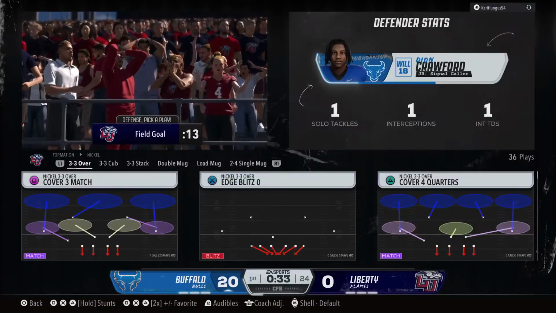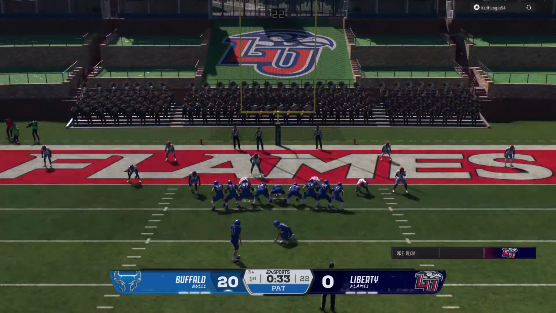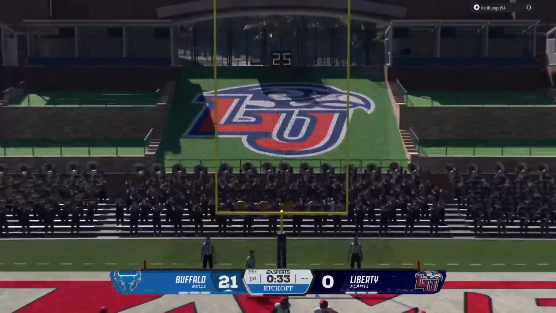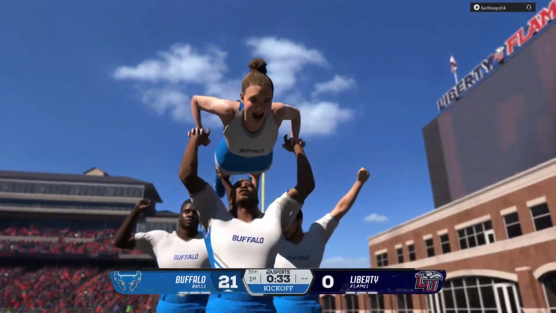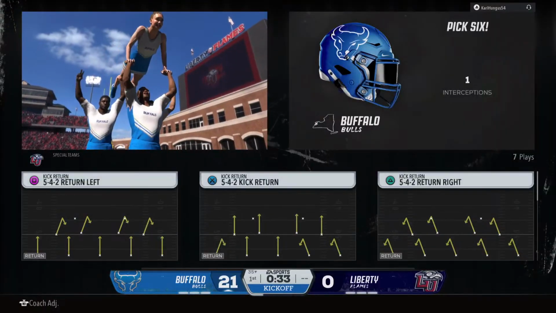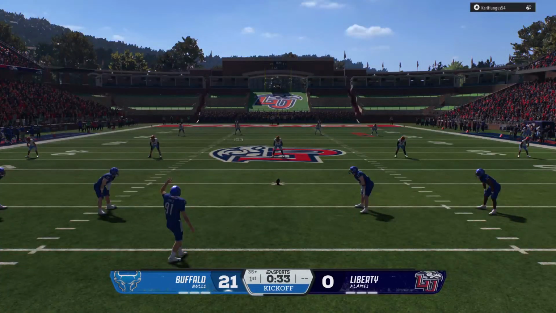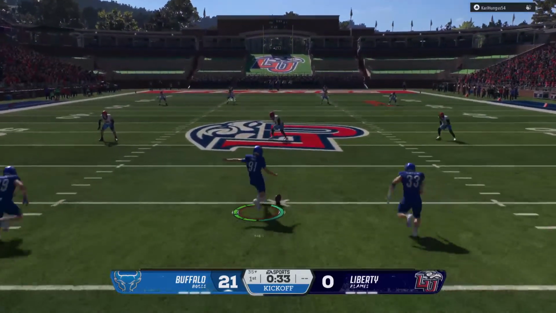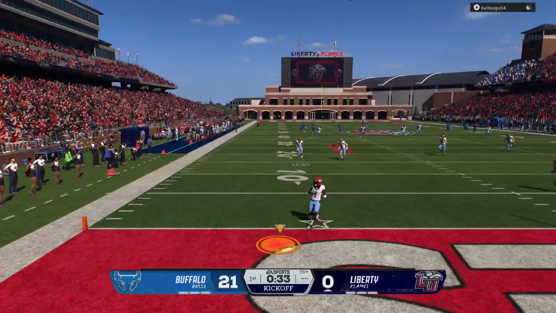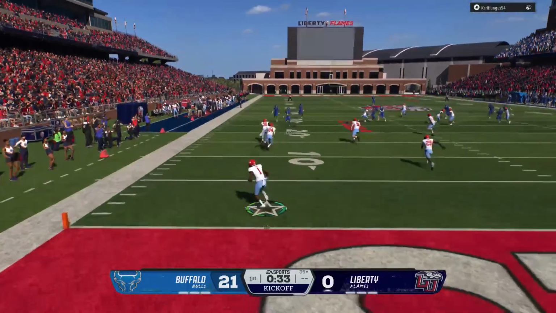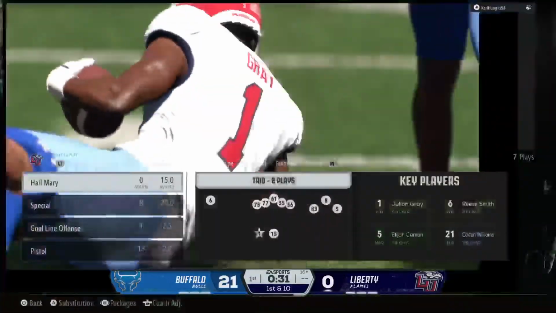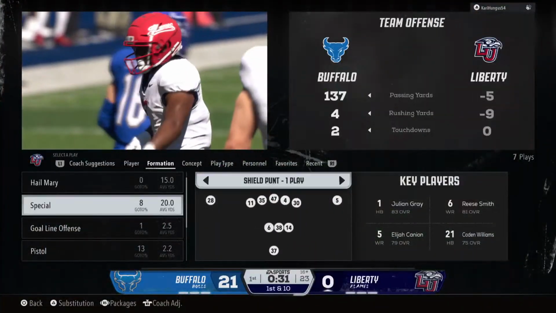Not only is he physical, and not only can he play downhill to stop the run, this guy is a weapon in pass coverage. You saw it on that play. What can't this guy do? And the extra point is true, and the lead balloons to 21. Kickoff unit getting some extra work as this lead has really grown. He'll take the return, try to get better field position. Nice job by the kickoff team. Everybody stayed in their lanes, and they'll stop him at the 16.